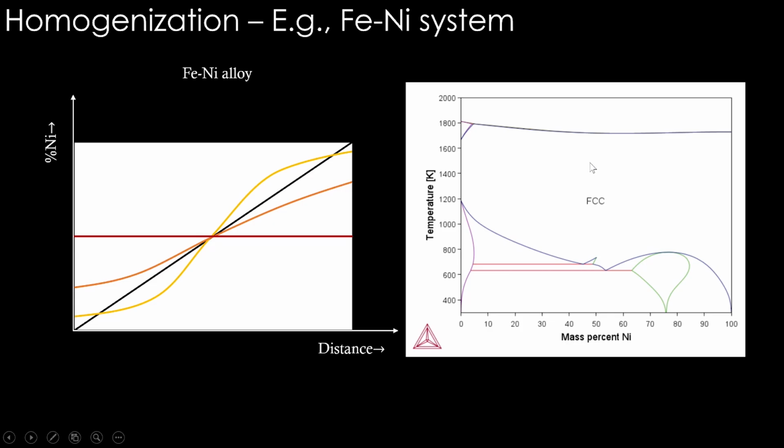So if in FCC we have this variation in composition, eventually somewhere near the middle is where they should converge, and that should be the overall composition of the alloy also. So it will still be FCC and get homogenized. No phase transformations. That is the important thing. In the next class, we will be seeing an example where phase transformation occurs, one phase forming and growing inside another phase, not just homogenization. Okay, let's see how to do that in the software.